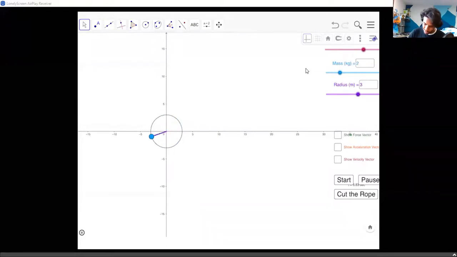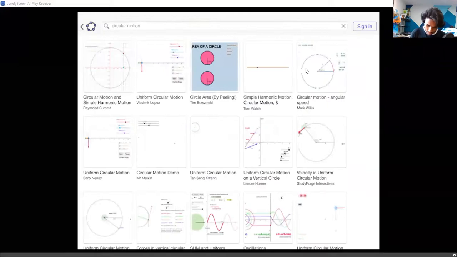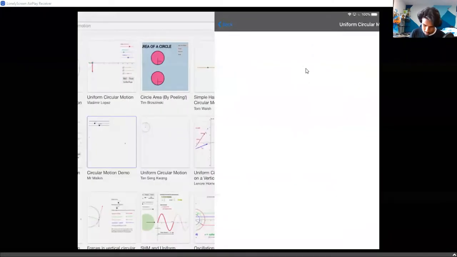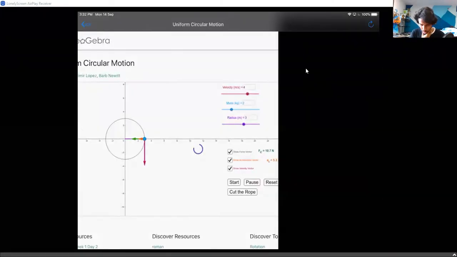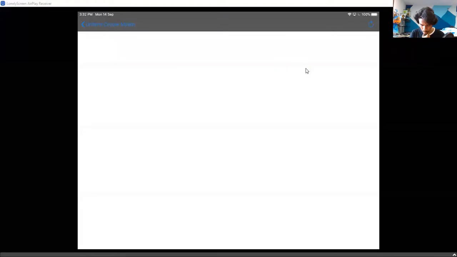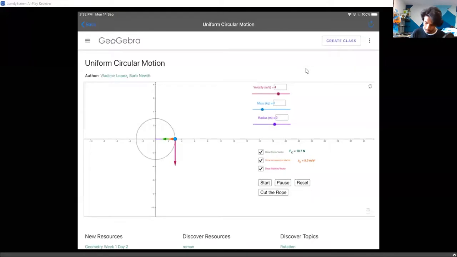Okay, let me look at this thing from a different perspective. It's not clearly visible there. Look at the body. It is going in a circular motion. Let me take out all the vectors. We don't want any other disturbances there. So this is a body which is going in a circular motion.